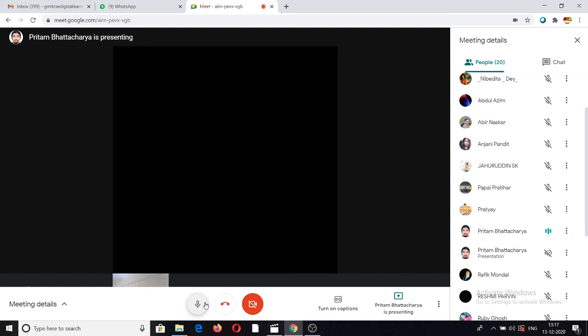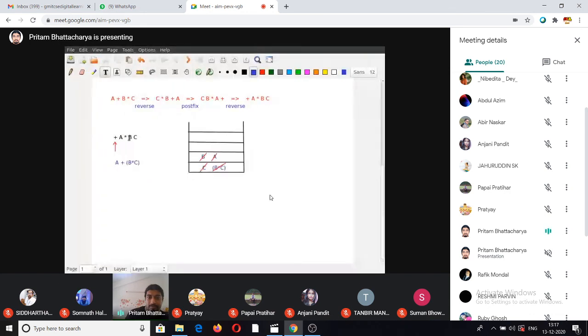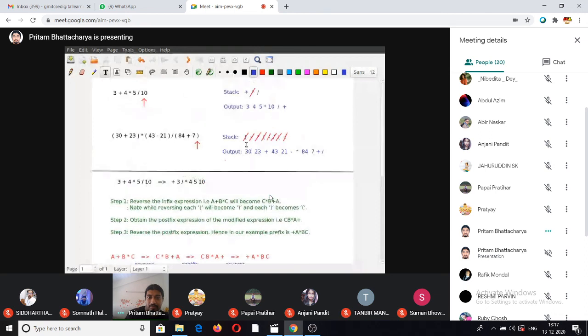Okay. Yeah. So just one comment in relation to what you said. In my algorithm for converting to postfix, if you recall, whenever I encountered some operator, if the current operator was strictly greater in terms of precedence compared to the operator on top of the stack, only then I pushed it in. Otherwise I popped the operators from the top of the stack, all the operators which were less than or equal to in terms of precedence, before pushing it in.